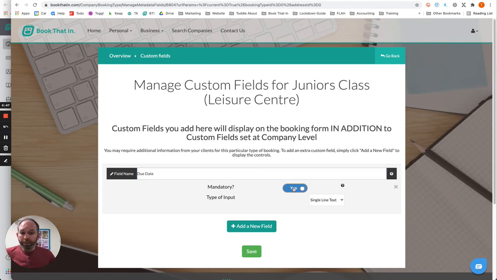We can say if it's mandatory or not. And we can say if it's a date picker, if that's what we want. And then we can hit save. Now, anything you add on this page will always be a participant level question. But if you hit save now,